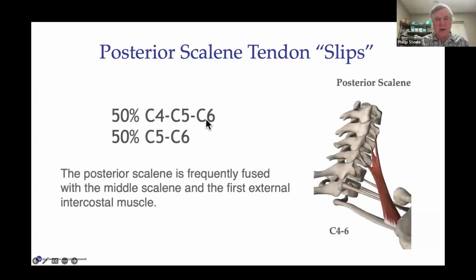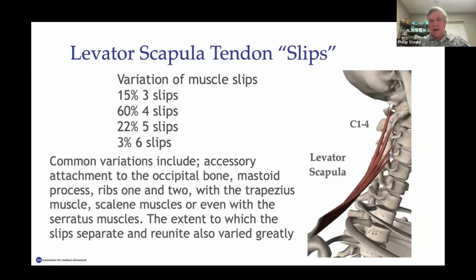Posterior scalene's a little simpler. 50% have C4, 5, and 6, and the other group have 5 and 6 as their common anatomy. And then levator scap also has lots of variability. Only 60% had 4 slips. What's interesting is, if you search the literature, there's lots of variations of the levator scap: accessory attachments to the occiput, mastoid, ribs 1 and 2, trapezius muscle, and even the scalenes can be part of their attachment. So when you're seeing someone with chronic levator scapular pain,